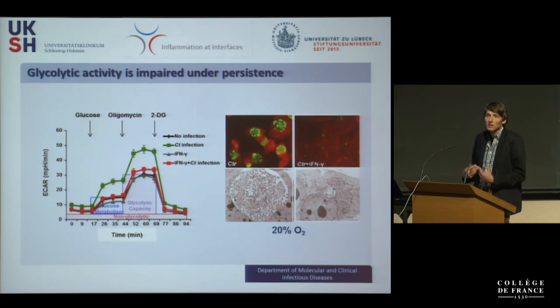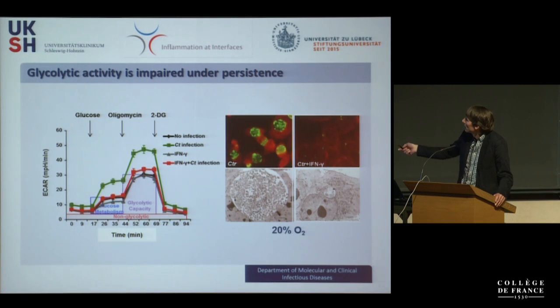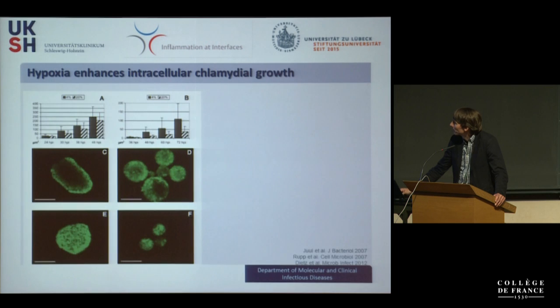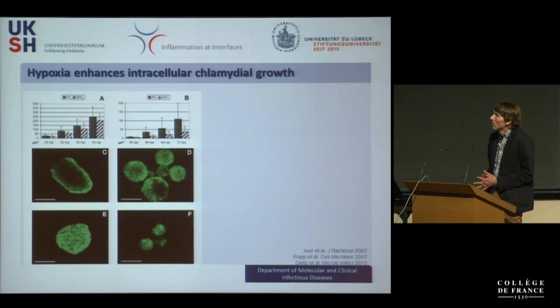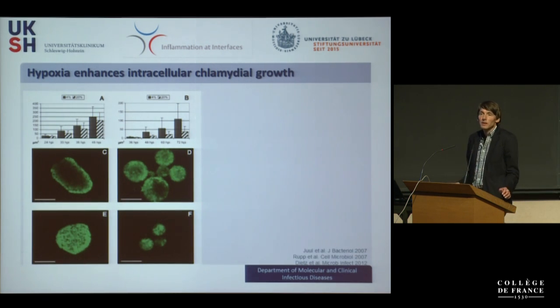That means that the whole system drives the metabolism itself. That means bacteria induce the glucose uptake and the glycolytic capacity. And if you drive them into persistence, the cells are metabolically more or less downregulated, and you don't have these large inclusions anymore. So looking at a more physiological point, and this is that you see enhanced growth of chlamydia